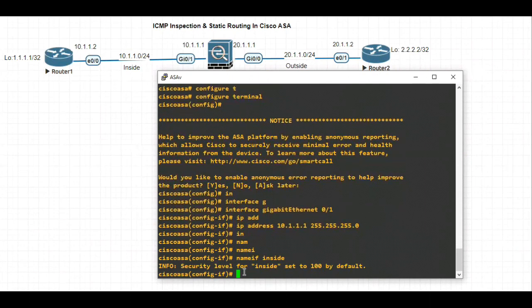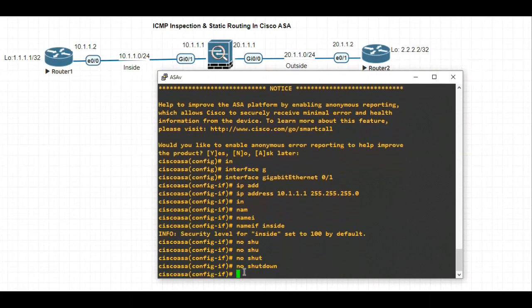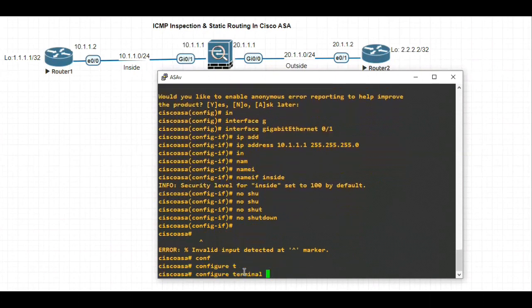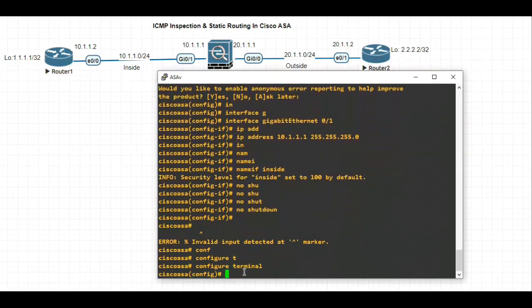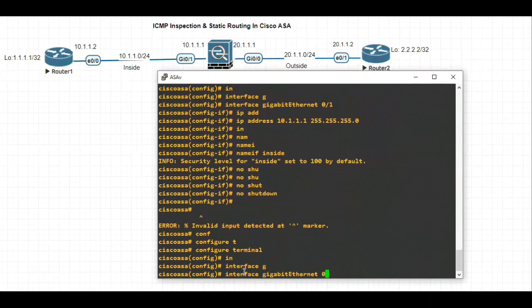Let's configure the outside interface now. Interface gigabit 0/0.